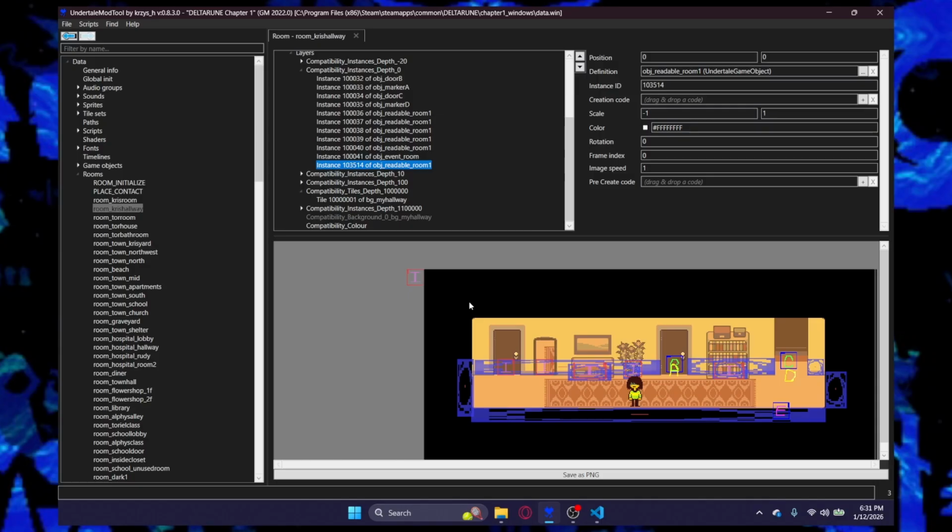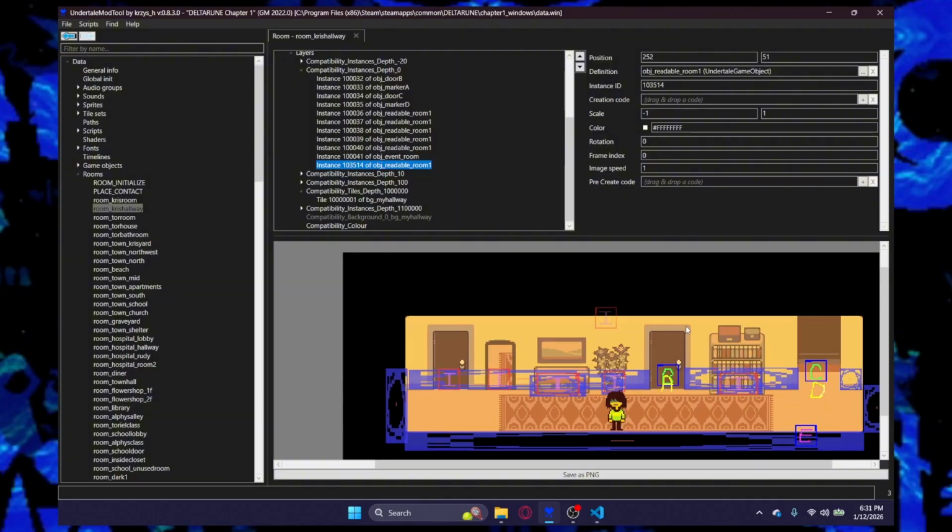Okay, well, I don't know why that's happening. So just what I'm doing, if this same problem's happening to you, just hold Control and move it around. I have no idea why that's happening. But I'm going to add the interaction box to this wall right here, so whenever I interact with this wall,